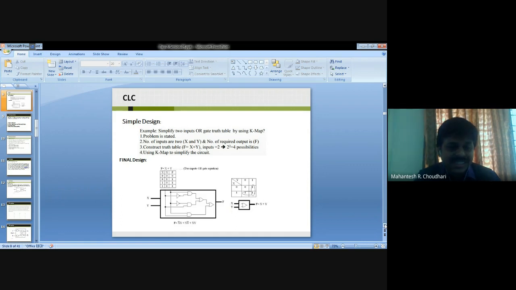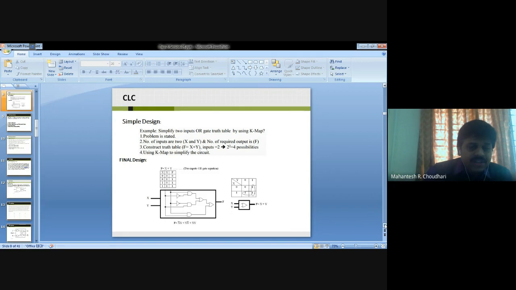At present, if you consider a two-input OR gate equation, there are 4 possible combinations: 0 0, 0 1, 1 0, and 1 1. The output F required is 0, 1, 1, 1 for the combinations you are getting here. Then finally, you construct the K-map with X, Y. Then F is obtained as X bar Y plus X Y bar plus X Y. If we simplify, F is X plus Y, so that is the simplifying design concept actually. So that is how they design.